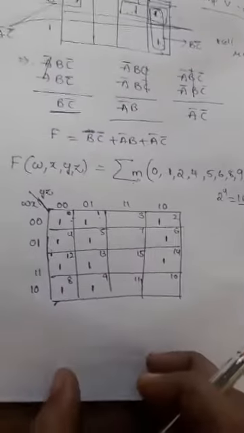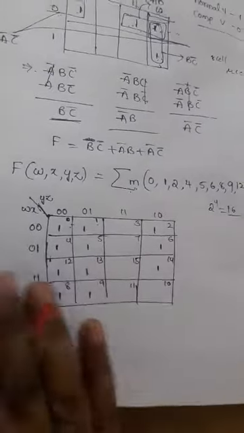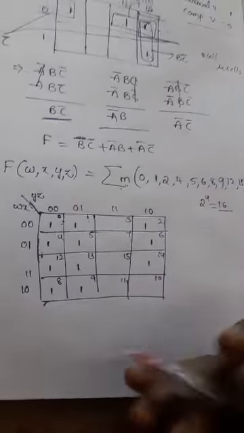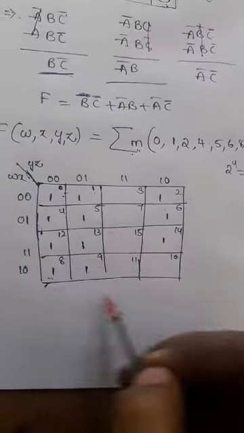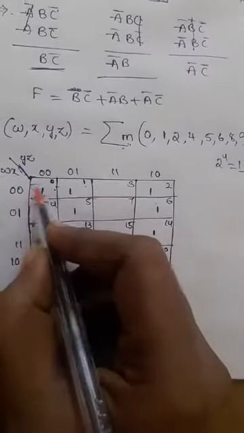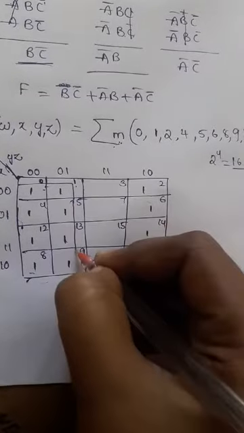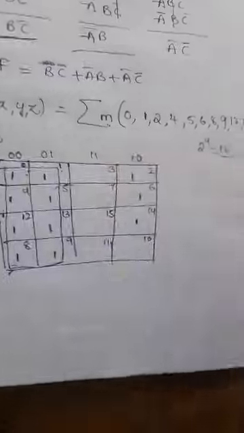First check it. Okay, now we need to group the cells after placing the 1s. So for grouping, first we'll go for whether an octet is possible or not. Check first, is there any octet possible? Just check here, 8 cells have the 1. So directly we'll get the 1 octet. Directly you can combine 8 cells. Okay, so that means 1 octet is possible.